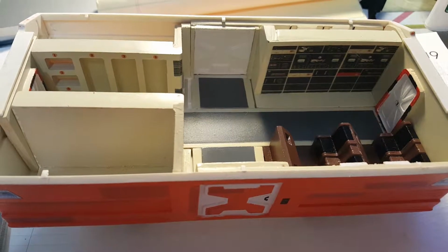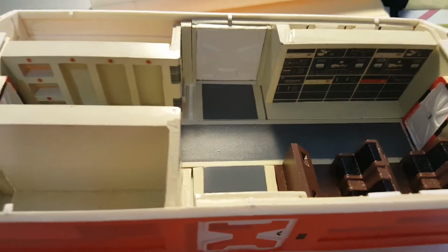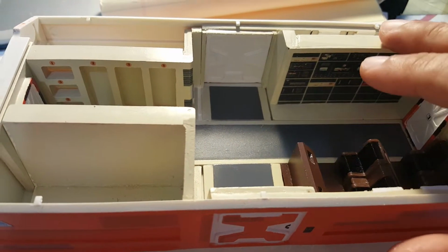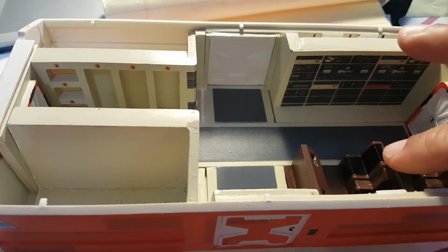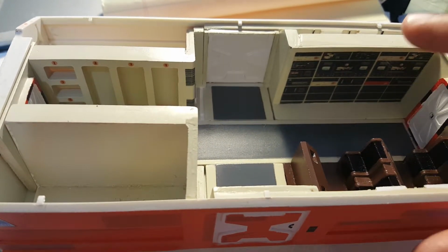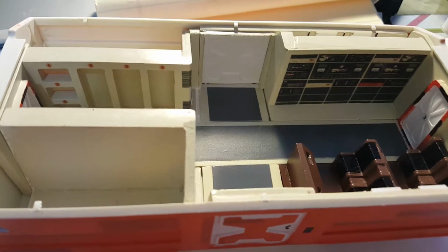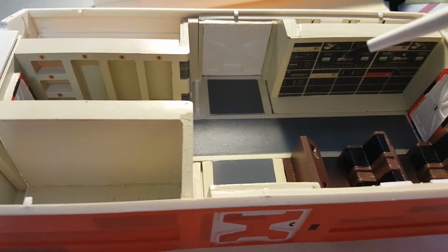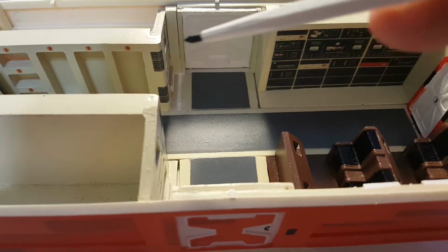Okay, quick update on my Space 1999 VIP pod. I made some decision changes. I actually went with the computer panel and the chairs instead of both sides chairs, only because this looks so awesome. Anyway, I've crazy glued most of the parts in already, and as you can see, on some areas there's